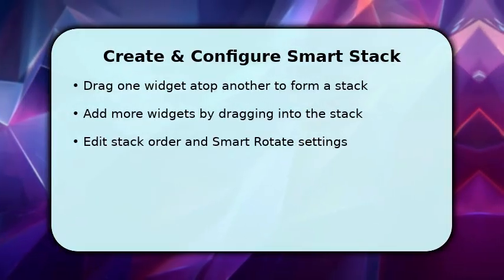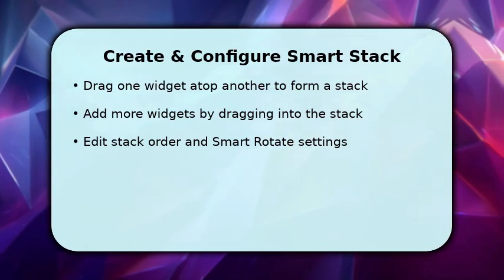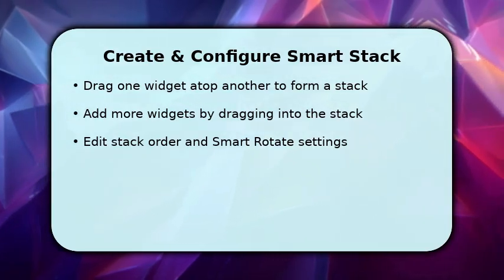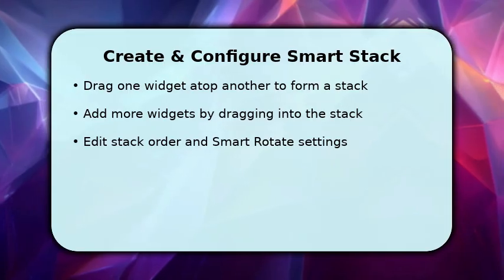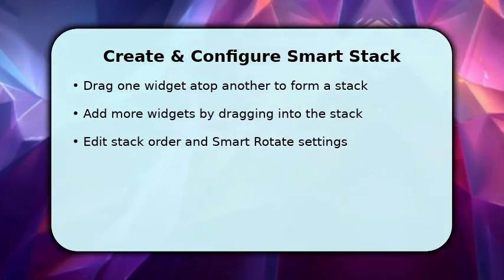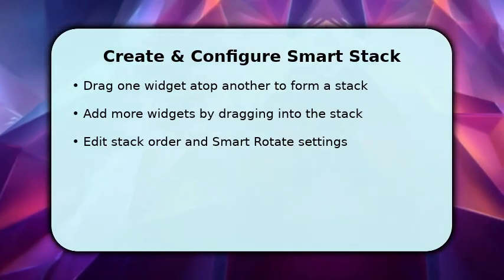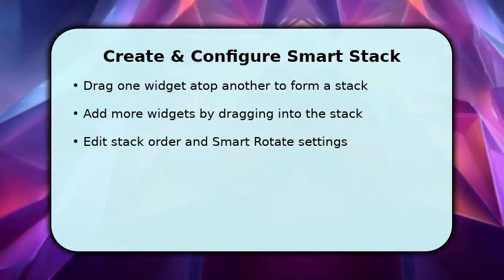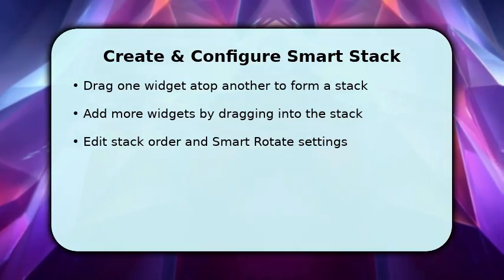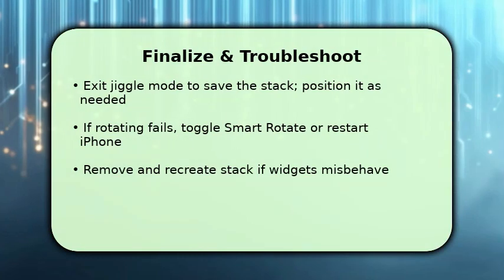Once the stack exists, tap it while still in jiggle mode to open Edit Stack. From there, you can reorder items by dragging, remove unwanted widgets with the minus button, and toggle Smart Rotate on or off so the system suggests useful widgets automatically. You're finishing up. Tap Done or press the home area to exit jiggle mode and lock the Smart Stack in